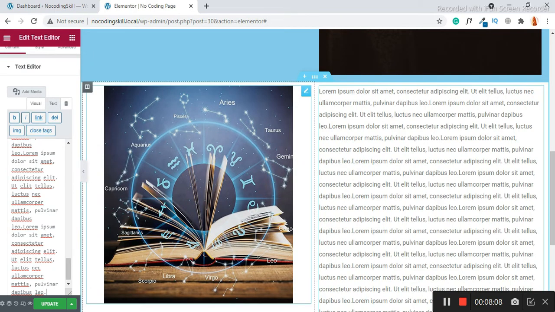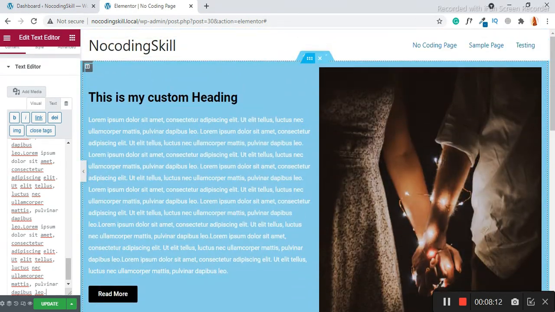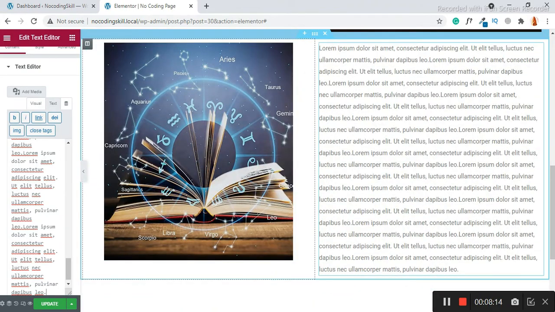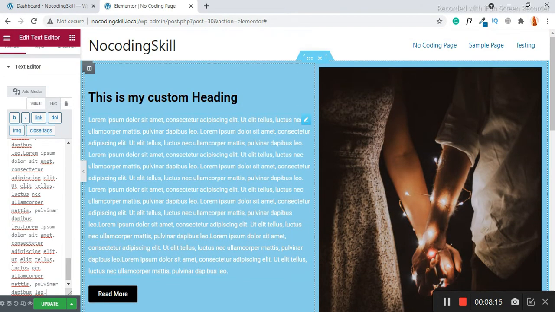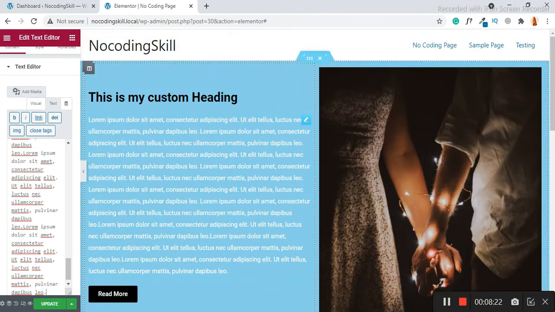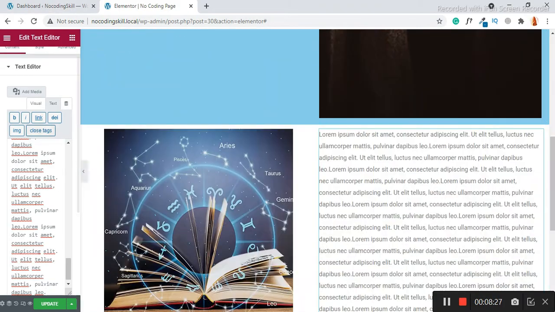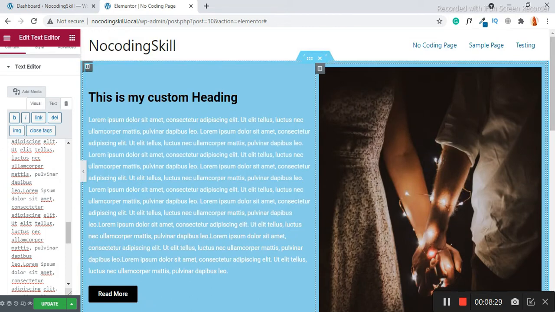I hope you understand what I'm trying to explain, the difference between two columns and inner section. Suppose I want text on top of these two columns.